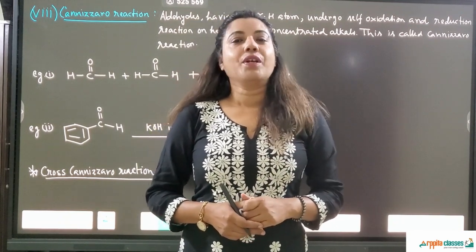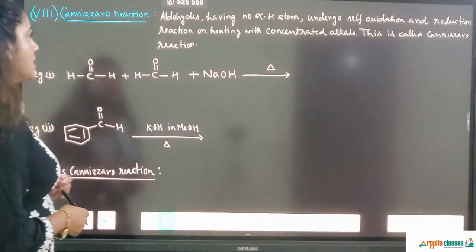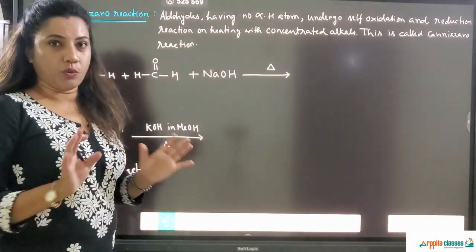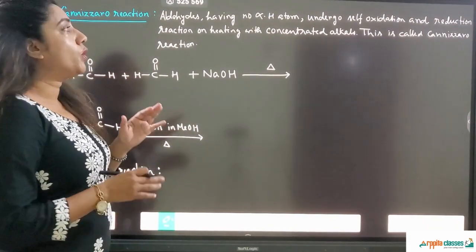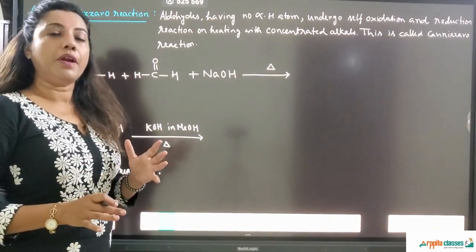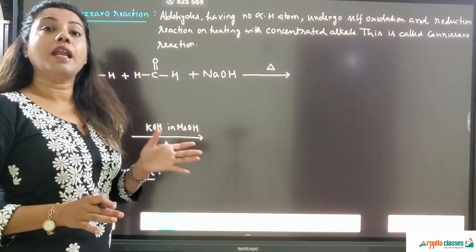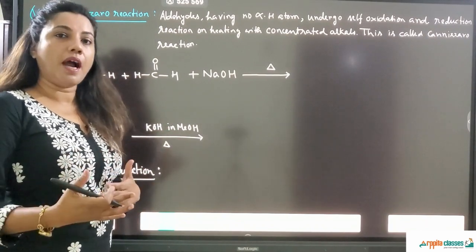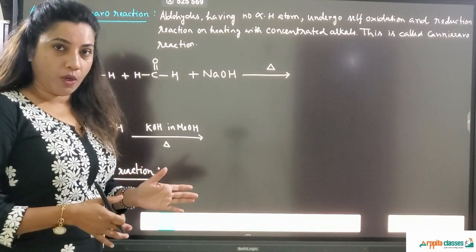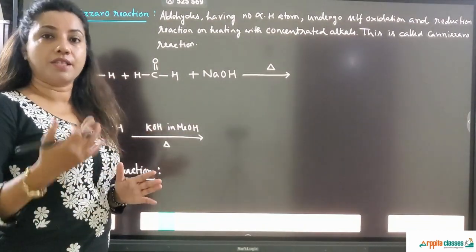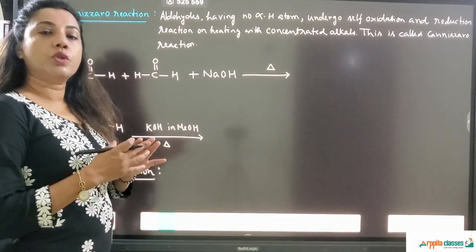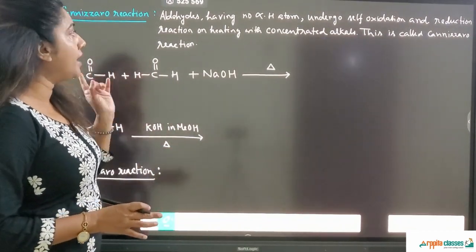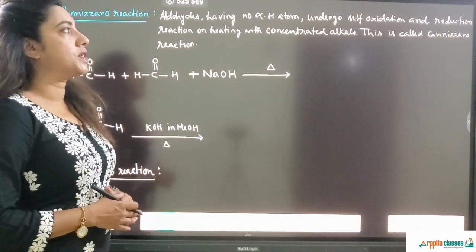Let's get started. So, Cannizzaro reaction is a very important topic again where aldehydes, no ketones, okay, only aldehydes having no alpha hydrogen atom. If you remember in the previous reaction, in aldol, we had the criteria that aldehydes and ketones which have alpha hydrogen atom will go for aldol reaction. Here the criteria is different. Here aldehydes which do not have any alpha hydrogen atom undergo self-oxidation and reduction reaction on heating with concentrated alkali,